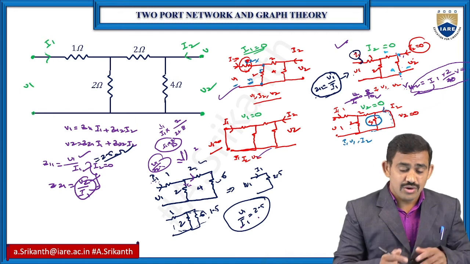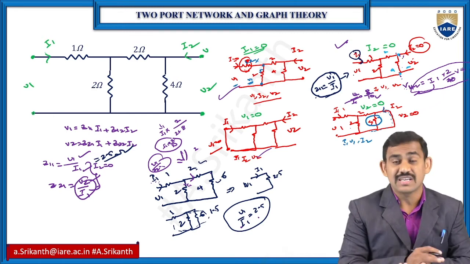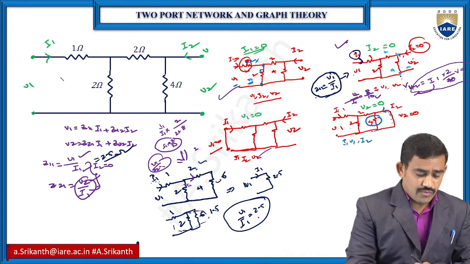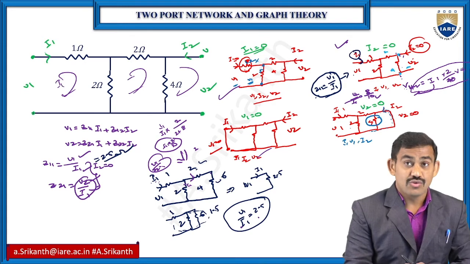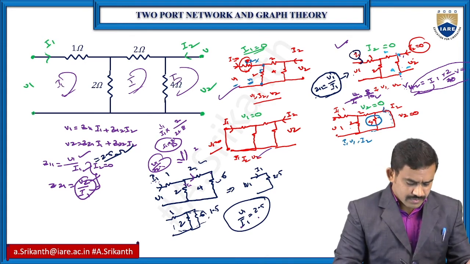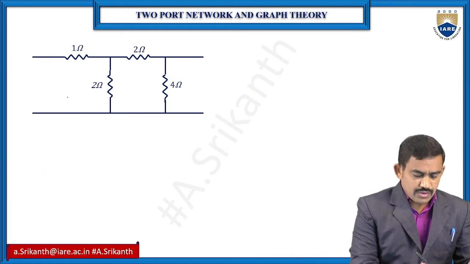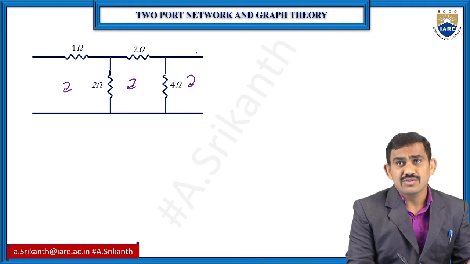Okay, but we need to know. So this is one method to find out this value. Otherwise, you can go for the equation also. So like 1, 2, 3 equations. So 3 loops: I1 value, I2 value and I3 value. 3 loops, 3 equations. So from 3 equations, here I1, I2 and here I3 value. So here we have the I2 and